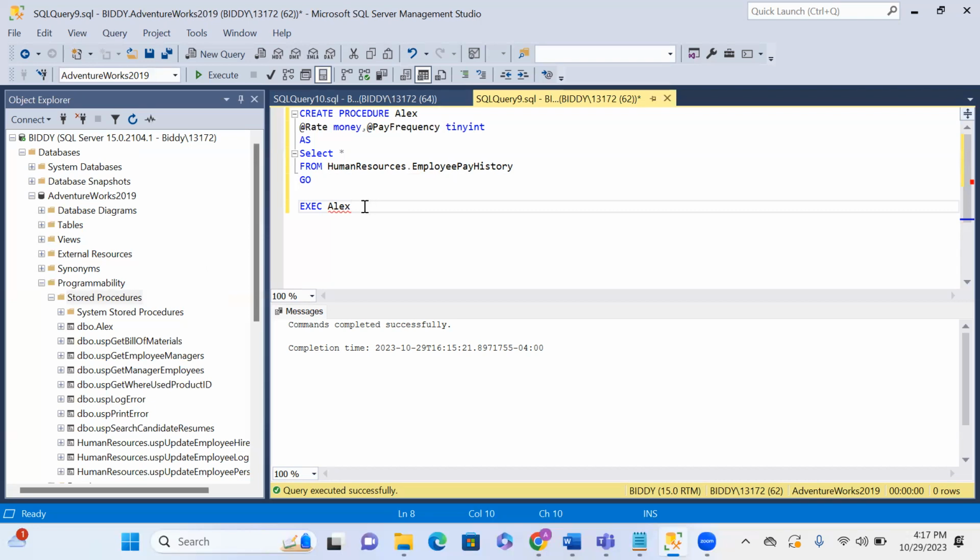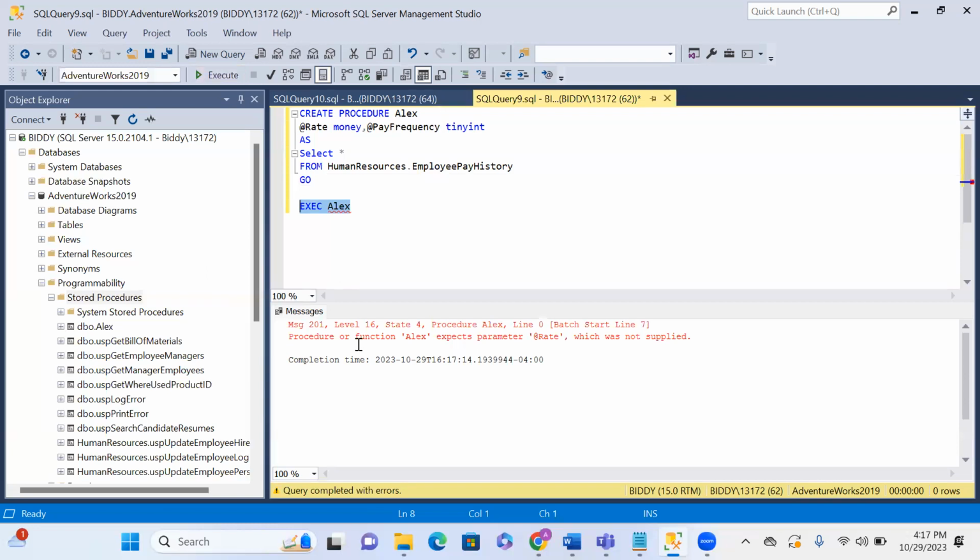So let me do something. If I run this, it's going to return an error. Can you see? It says procedure or function Alex expects parameter @Rate, which was not supplied. So to fix that, I'm going to do execute Alex @Rate